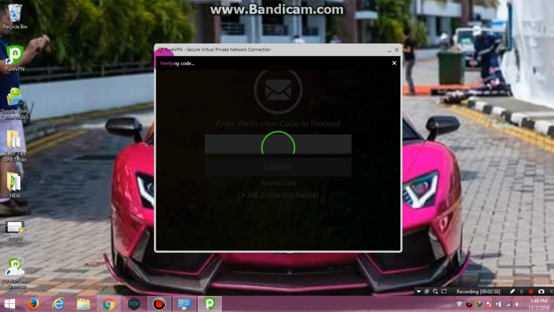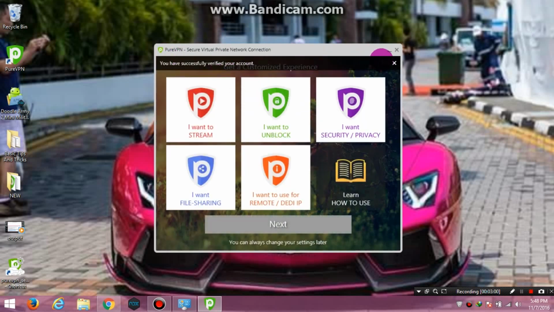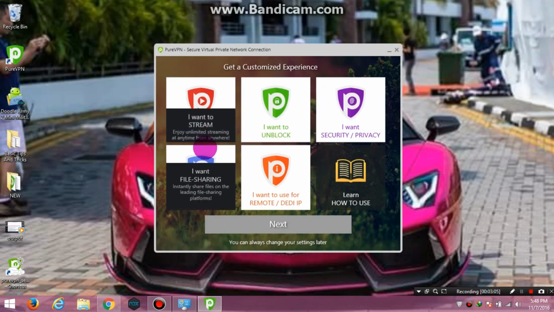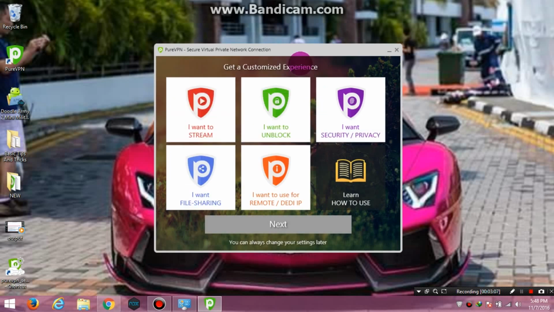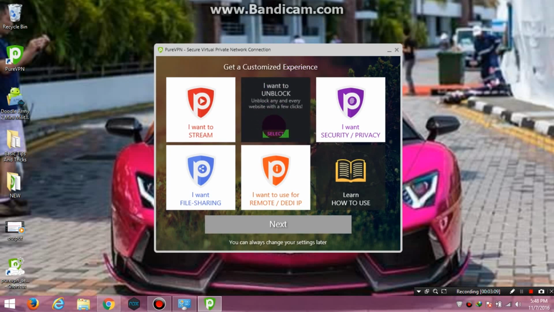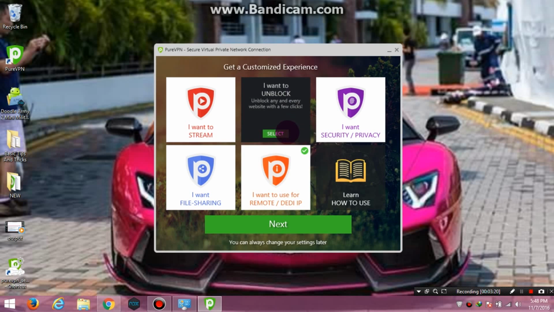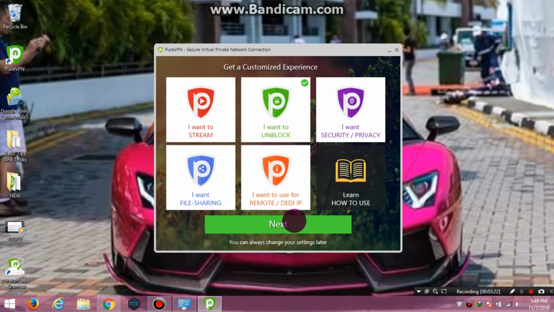It will verify the code, and after it verifies, you must select the need for which you want to apply the proxy. For example, I am selecting here that I want to unblock any website and every website with a few clicks, and you can use only one mode. So let me select this and click on next.